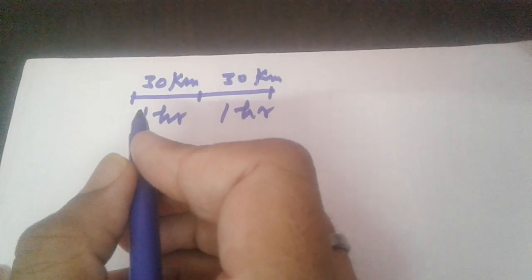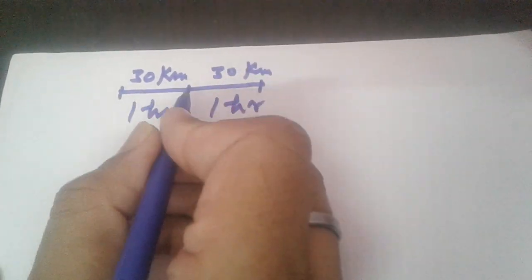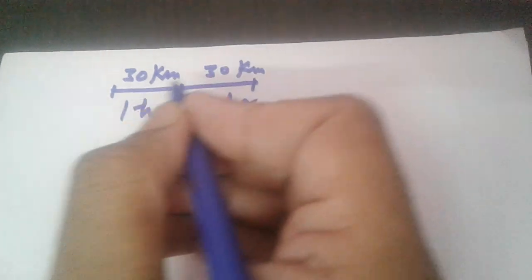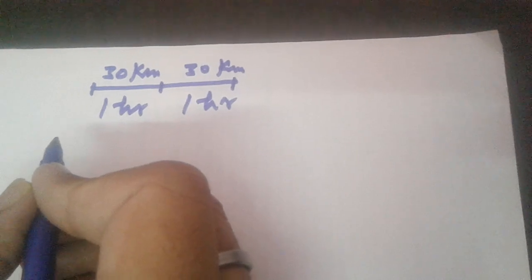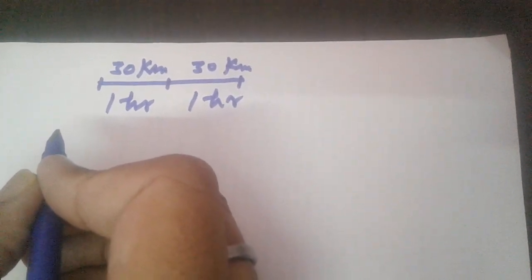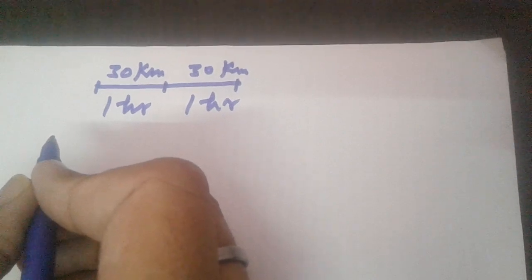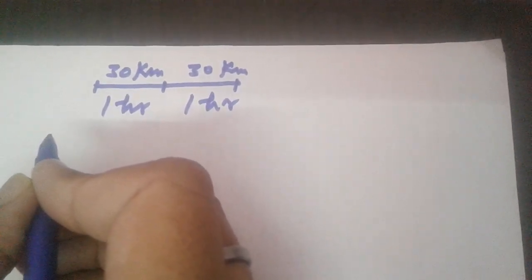Now kinds of speed. There are two types of speed. One is uniform speed, another is non-uniform speed. So what is uniform speed? When a body covers equal distance in equal intervals of time, the body is said to be moving with uniform speed. If a car covers 30 km in an hour and again 30 km in 1 hour, the car is moving with uniform speed. When we go on highways or on a vacant road, it is uniform speed.